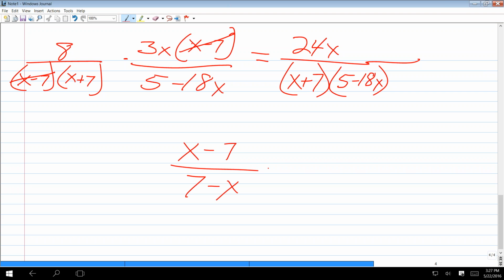That's the one case where you can cancel them, but it's a minus 1. And notice why, because 7 minus x could actually be written as minus x minus 7. If you distribute that negative sign to the bottom, you end up with 7 minus x. So that's the same, and now I can cancel that with that,